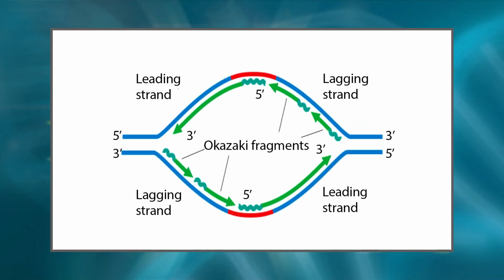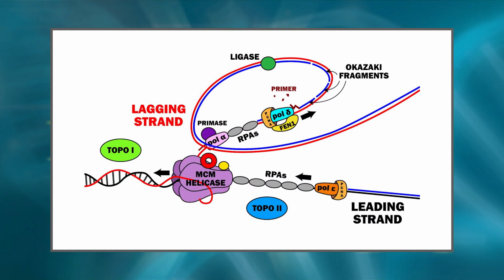But how? By the joining of discontinuous small pieces of DNA by DNA ligases that are synthesized backward from the direction of movement of the replication fork. These small pieces or fragments of the new DNA strand are known as the Okazaki fragments. The Okazaki fragments are then joined by the action of DNA ligase, which forms an intact new DNA strand known as the lagging strand. The lagging strand is not synthesized by the primer that initiates the synthesis of the leading